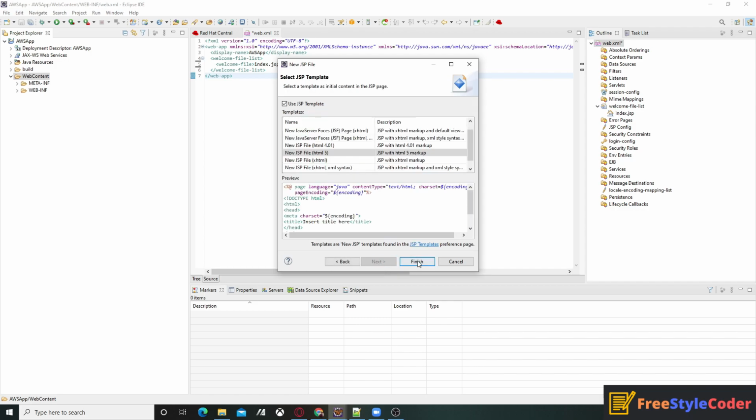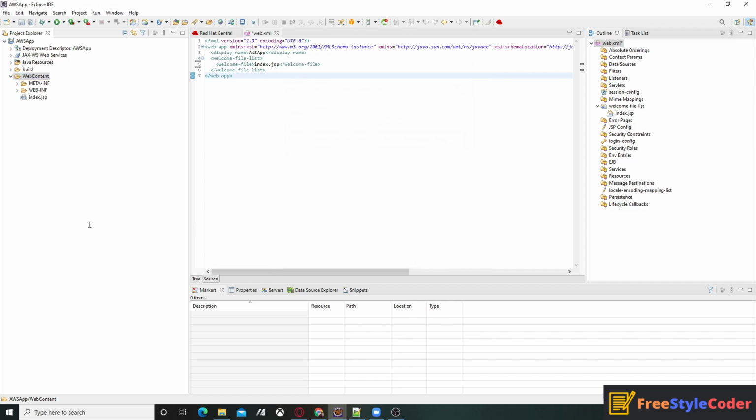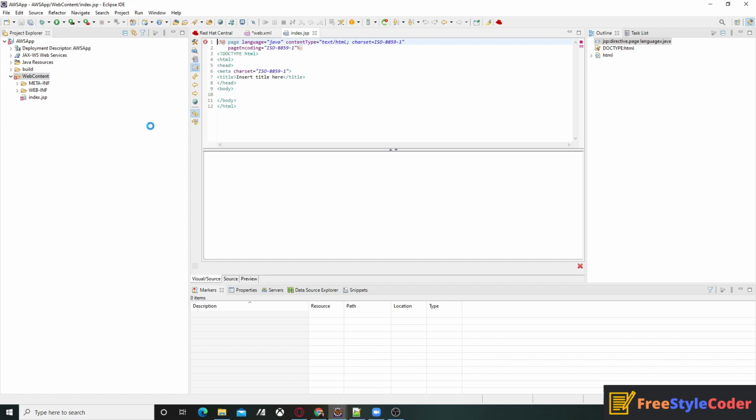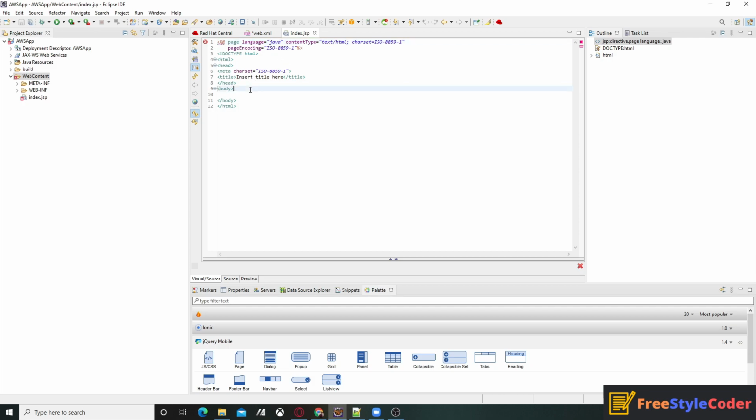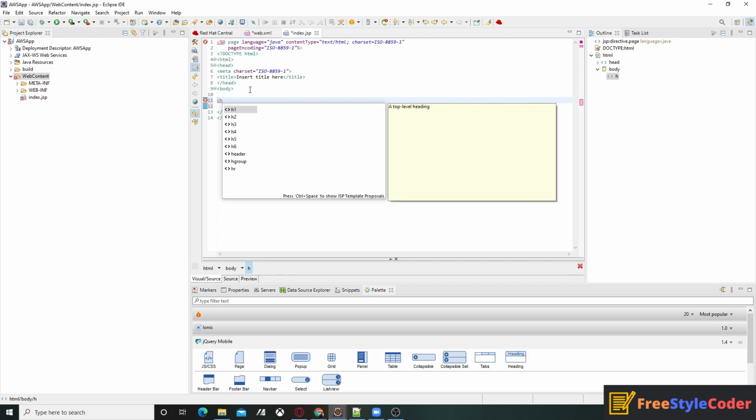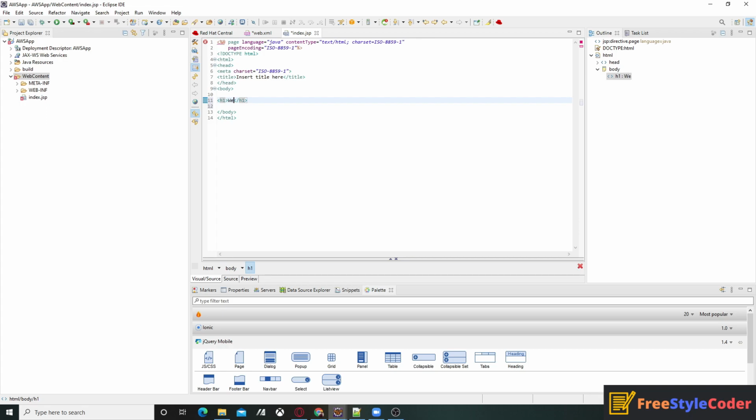Click on next and then finish. So our index.jsp file is ready, and we just going to write over here h1 tag welcome to AWS.